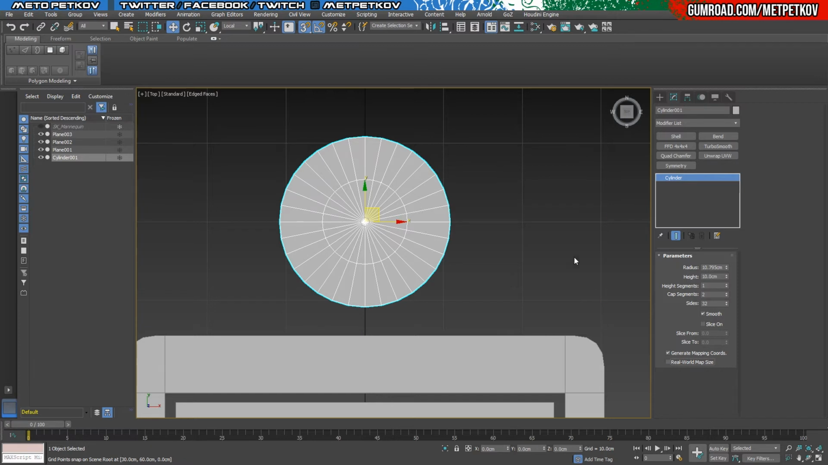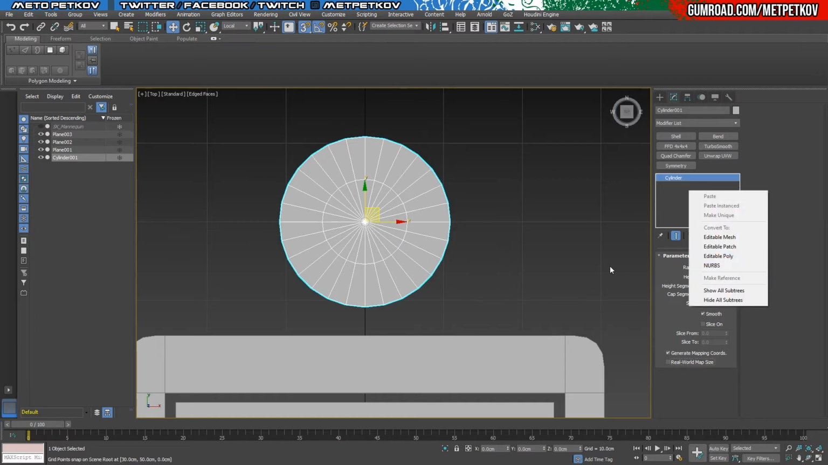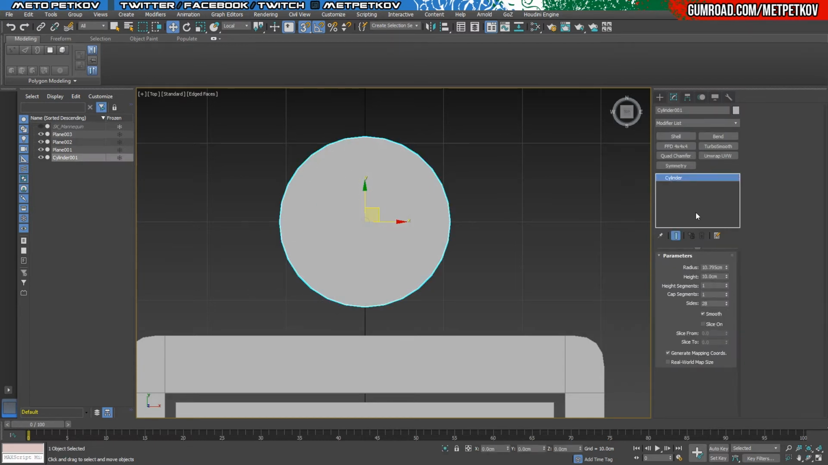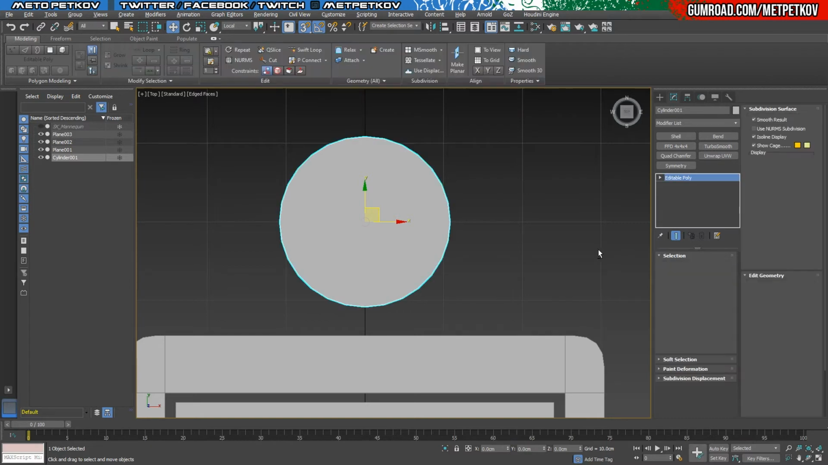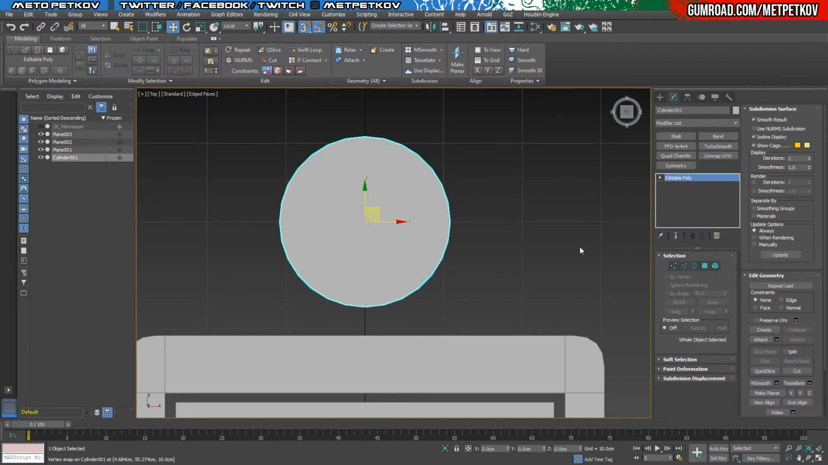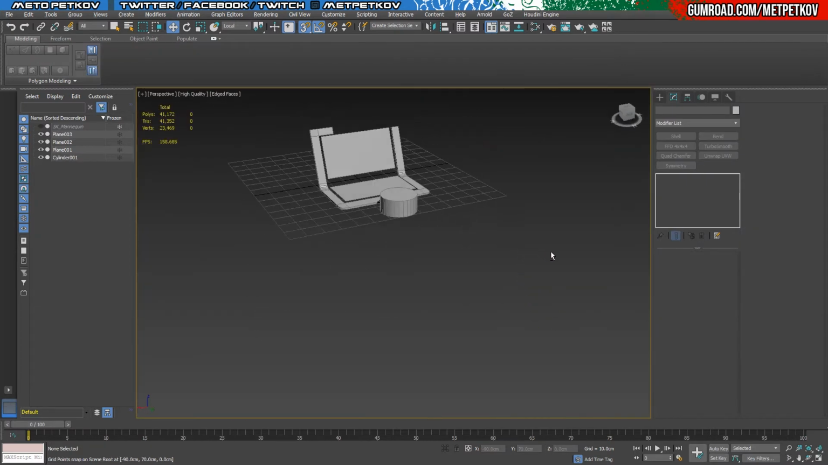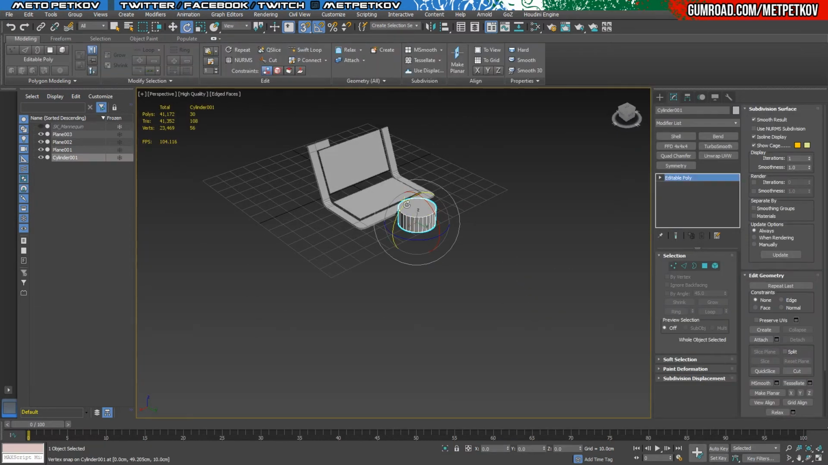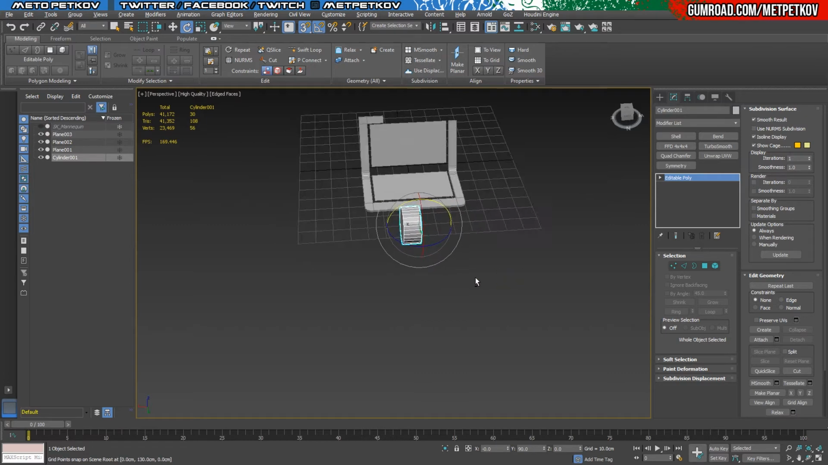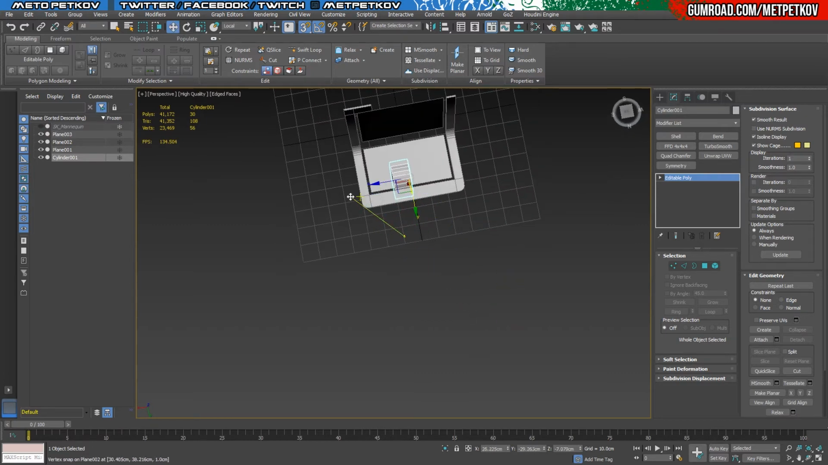32 is a little bit much for us. Let's go for 28 actually. That's fine by me. And we're gonna forget the cap segment. We don't need this, and we're going to make it editable poly. We just don't need the cylinder. We need just one side of it, and you'll see how. So if I rotate it 9 degrees and I move it